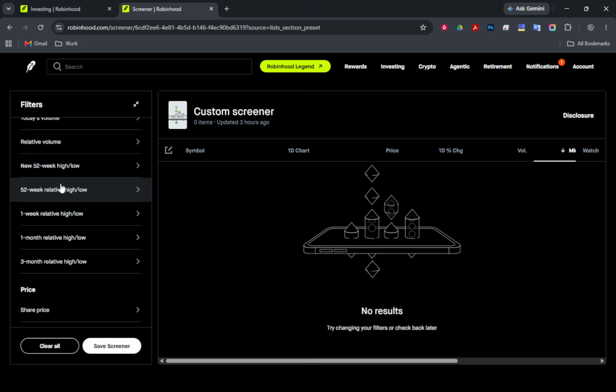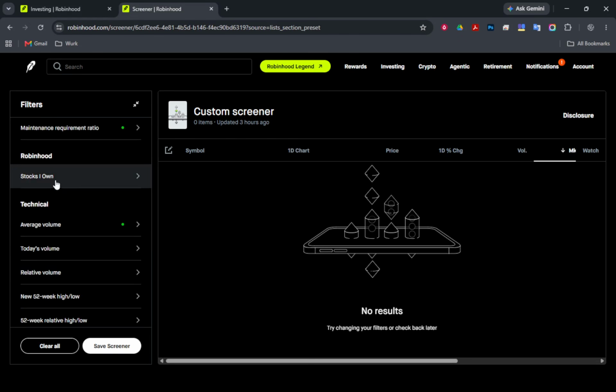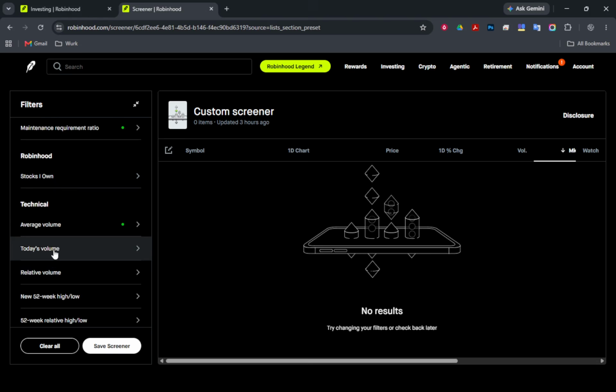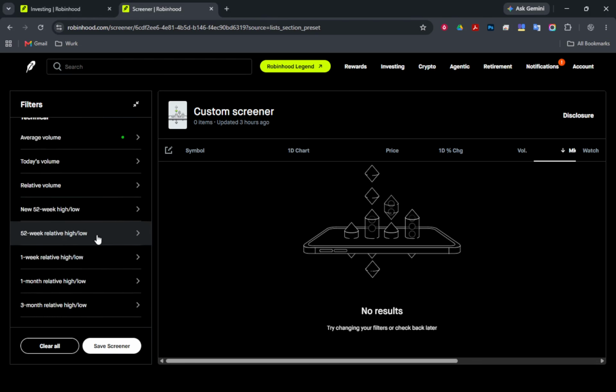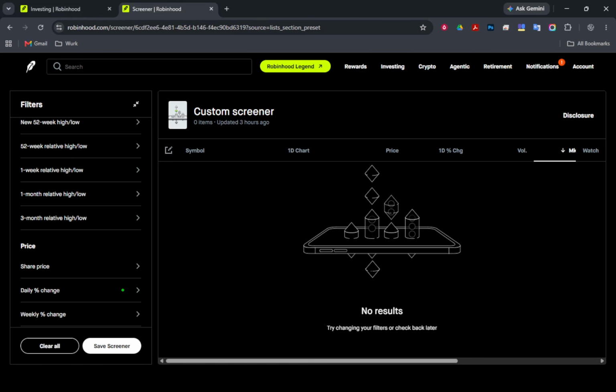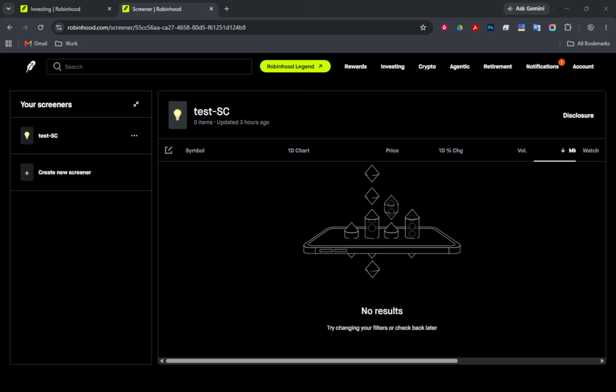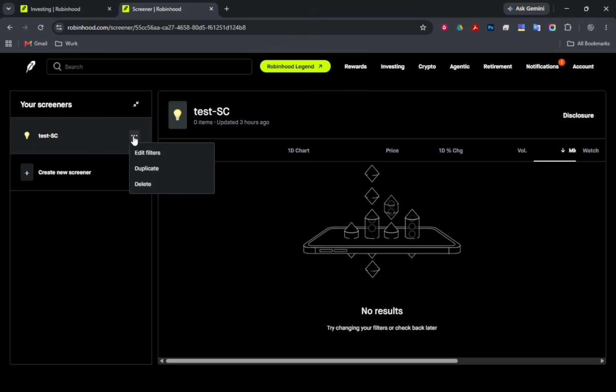Finally, let's go over editing or deleting a screener. Open the saved screener you wish to modify. Tap or click the menu, which is represented by 3 dots. From there, select either Edit or Delete Screener. This functionality is vital as it provides flexibility in managing your screeners, allowing you to adapt to new strategies or remove outdated ones. With these steps, you are now equipped to efficiently use the Robinhood Stock Screener.